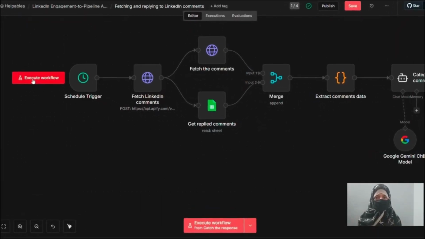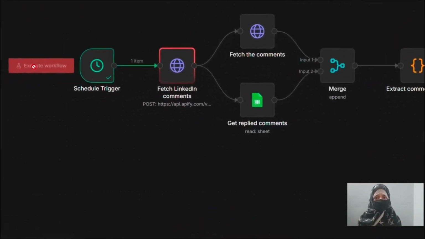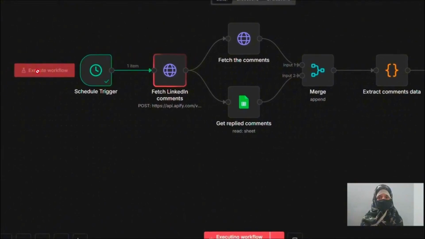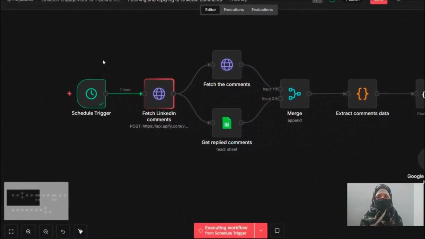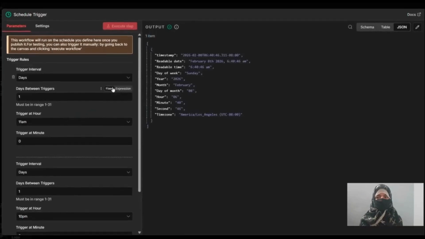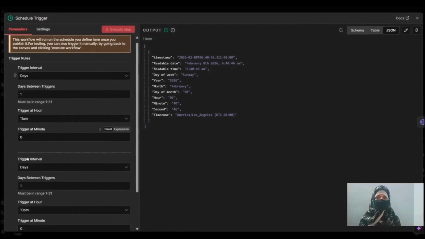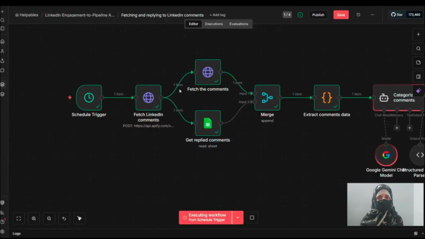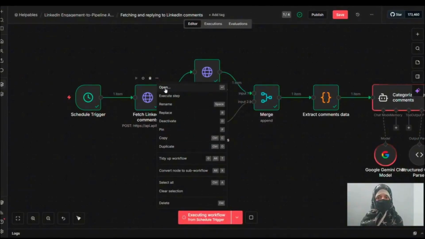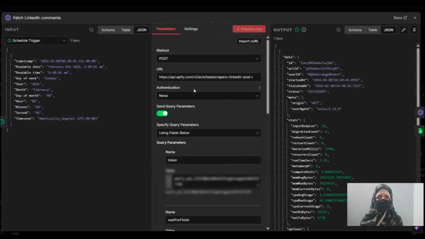We start with a schedule trigger because automation only makes sense if it runs on its own. This workflow is configured with 2 schedule timings, meaning it runs twice a day, once in the morning and once in the evening. Now, the next node is where we actually fetch LinkedIn post comments, and for that, I'm using